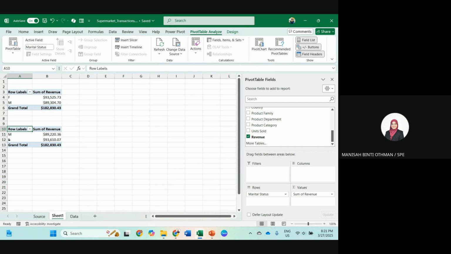If you purchase a textbook and go to chapter 2, to visualize and summarize categorical variables without using pivot tables, you have to calculate manually with COUNTIF. So it will take more time.